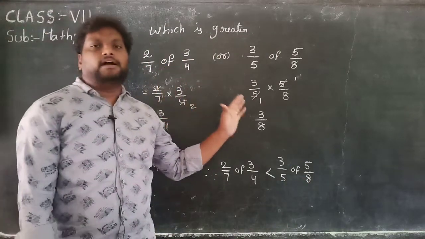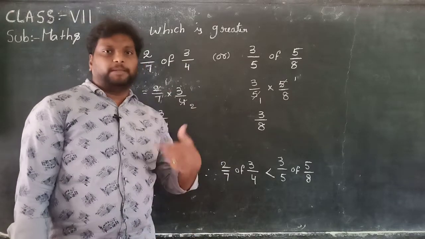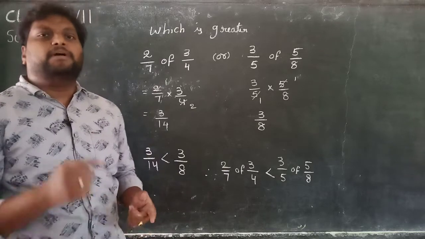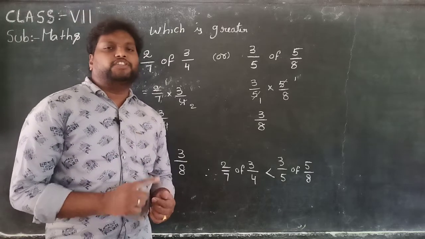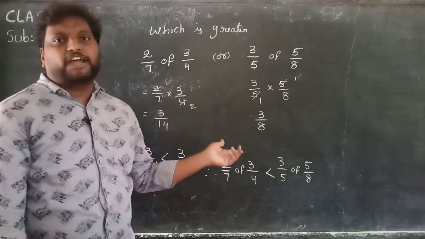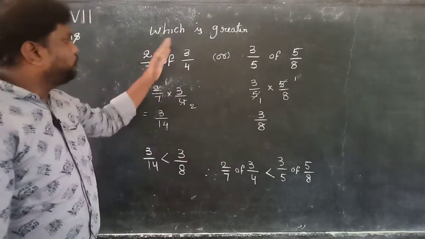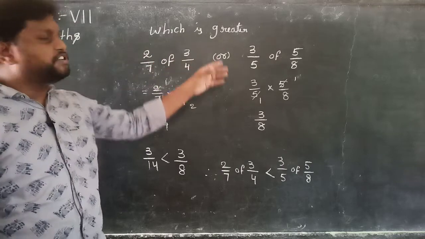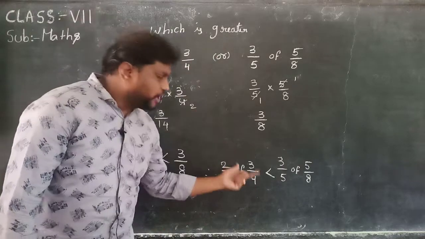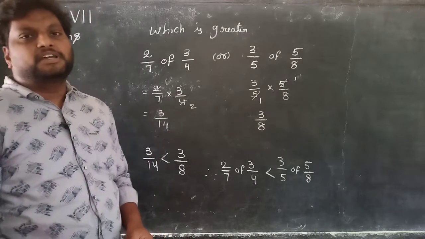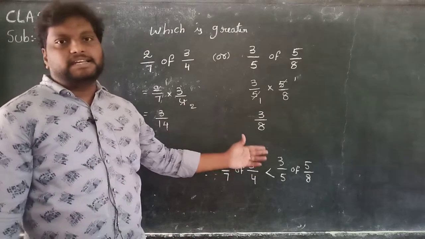If you know how to multiply the product, how to multiply fractions, we can do different types of problems. Multiplication of fraction with whole part, multiplication of fraction with fraction, multiplication of fraction with mixed fraction, and here given two combinations, out of two combinations which is more, we can find easily this also. Okay, not only this type of problems, we have so many problems. Just do it and solve the problems.